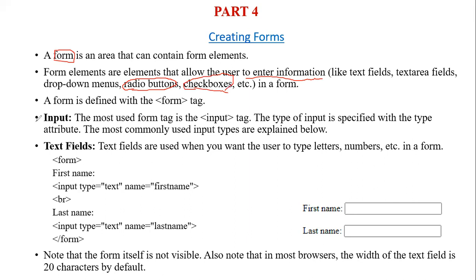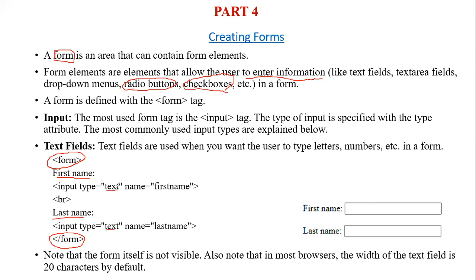So these are the inputs. What is the input? When you are going to create the form, in order to get these things in the browser, you have here the form open, and then the form is closed here. Form open and form close. Inside this, we are going to write the first name and last name. It appears here, first name and last name. So what is the input here? Input type is equal to text. And here also input type equal to text. I think you should put this one without changing.